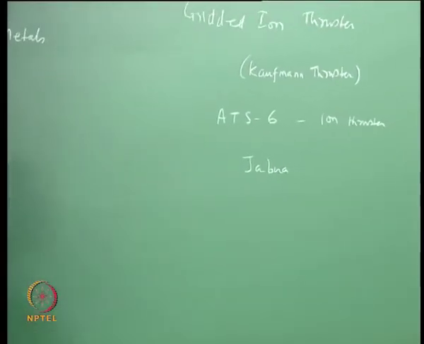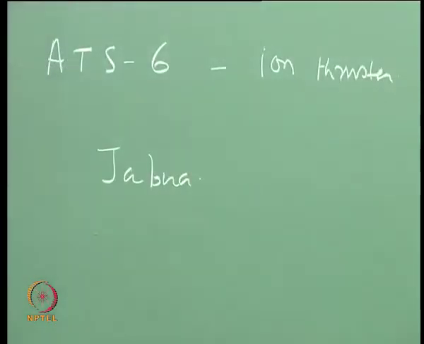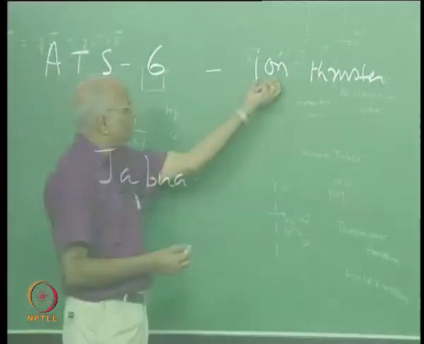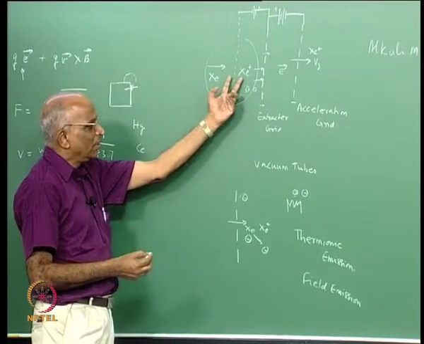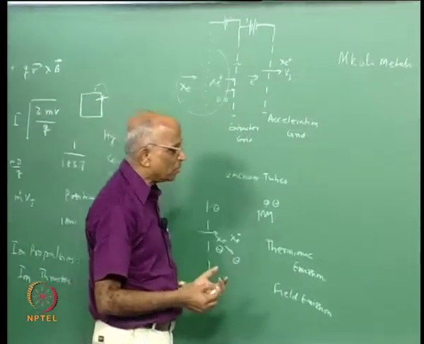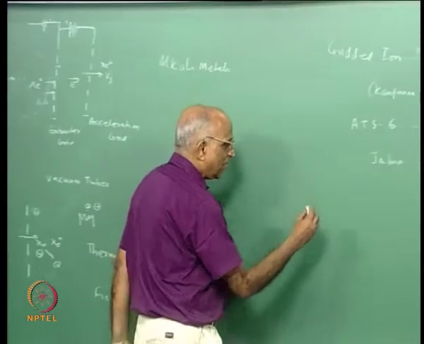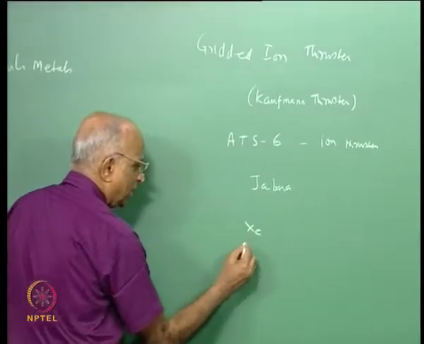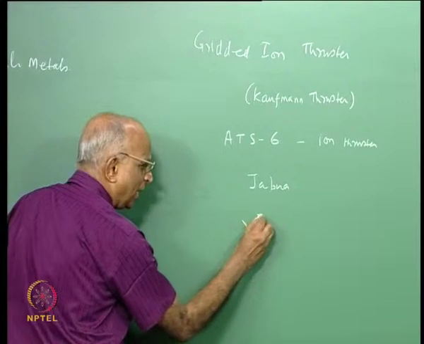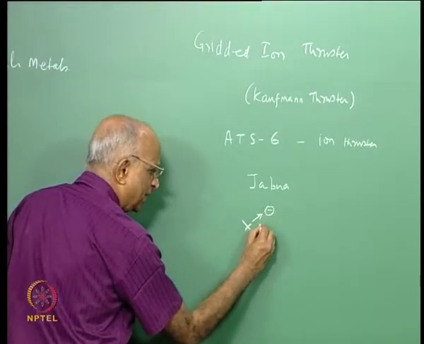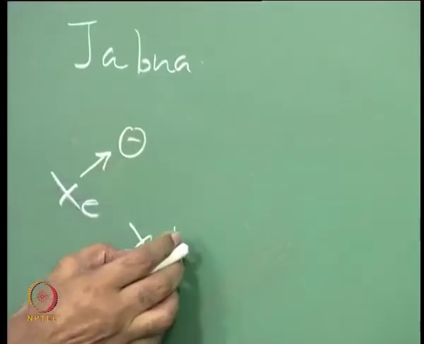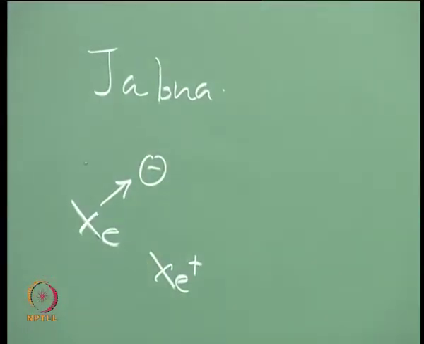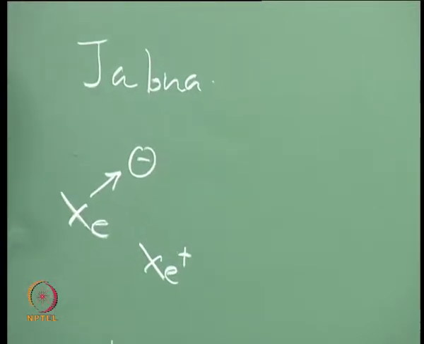Therefore, we see, yes, a gridded ion thruster can be used, but is this the only method of generating ions? See, after all, I need to generate ions. To generate ions, it is also possible that in substances like xenon, I can easily knock an electron out of it and make the xenon positive. That means I remove something, it net becomes positive. I can use something like a low pressure xenon gas,